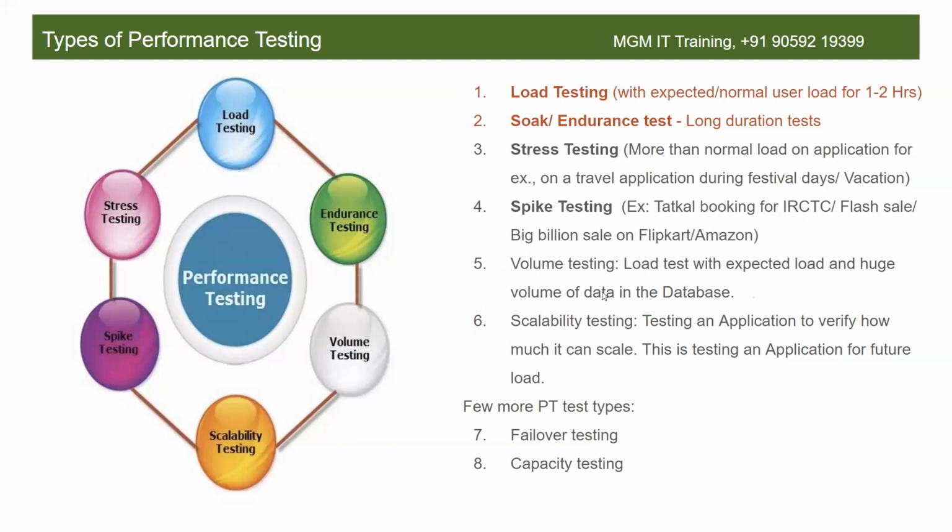Such applications, like e-commerce applications or net banking applications, do volume testing with some volume of data in the database. For example, they keep a cutoff point: the number of records in the database should not be more than 1 lakh. Once they cross that volume of 1 lakh records, they move the old transactions to a different partition called the history partition.